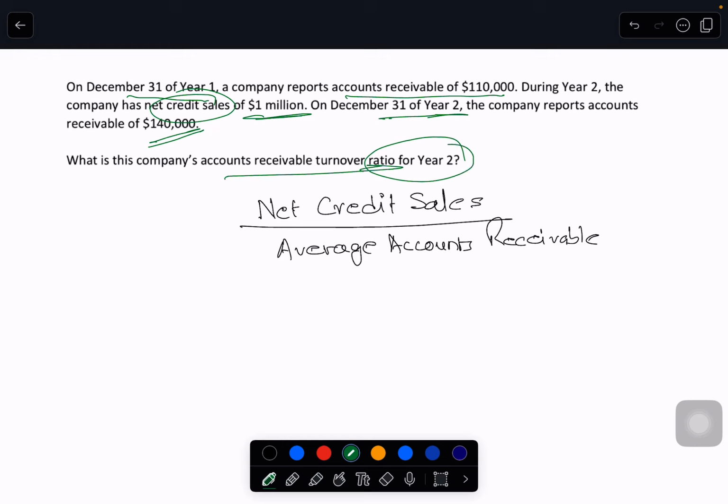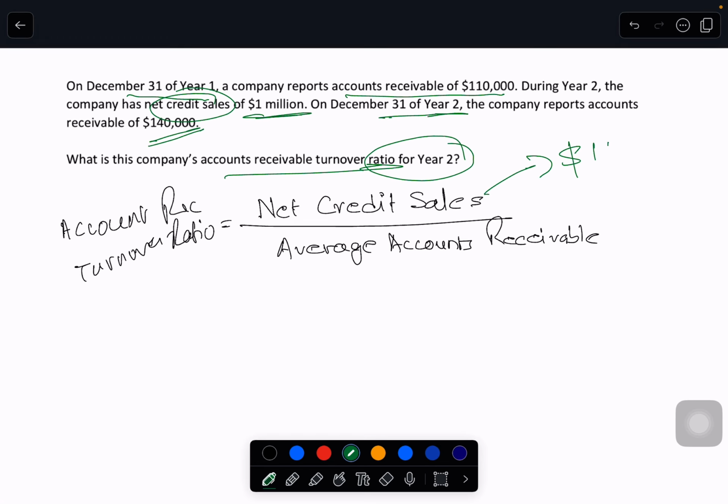Accounts receivable turnover ratio. So as I mentioned, this is the formula for the accounts receivable turnover ratio. Now, net credit sales is easily available from the question, that is 1 million. You see this piece of information here,